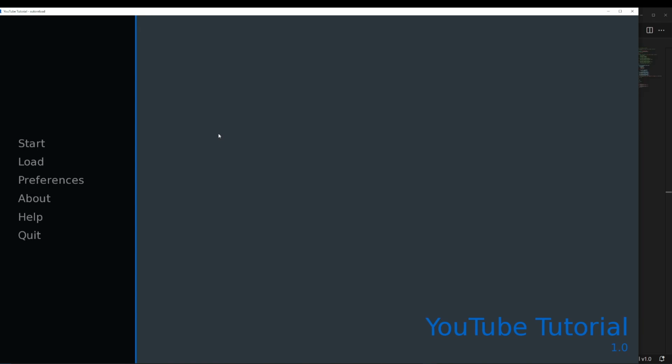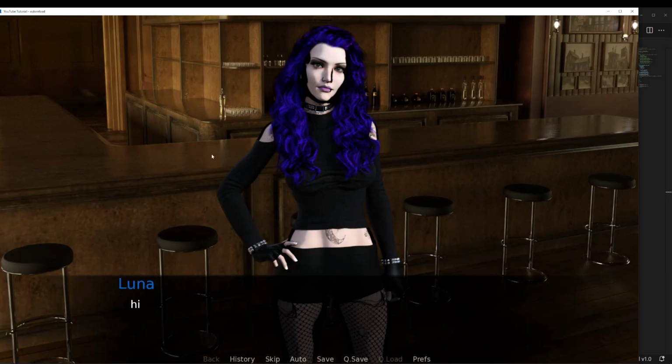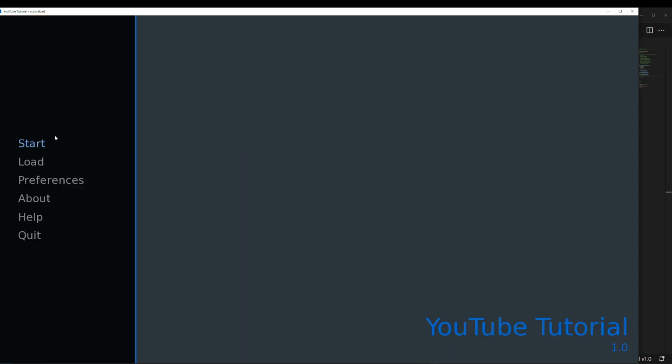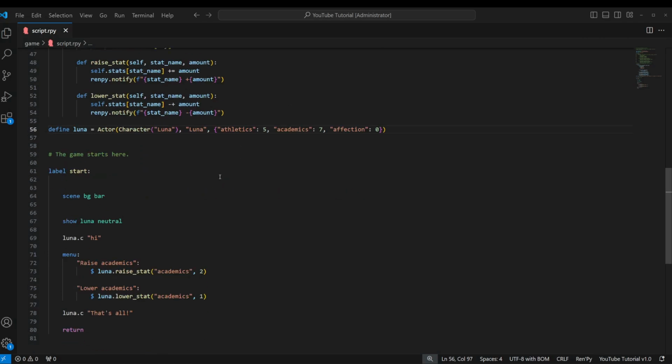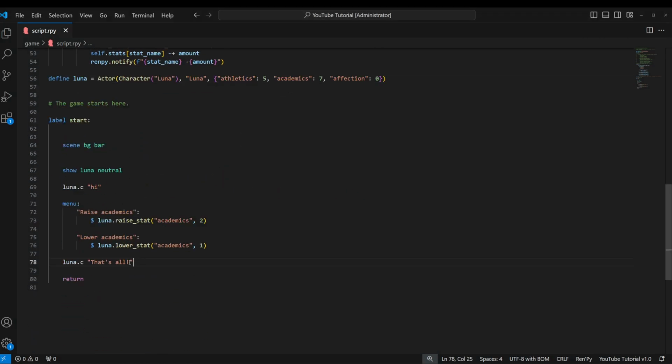Oops, let me Shift R to reload. There we go. And raise academics. There we go. Academics +2, and it worked in exactly the same way. But I'm going to show you something else that we can do here real quick. So let's say instead of "that's all," we're going to say what the new stat is. Now my academics attribute